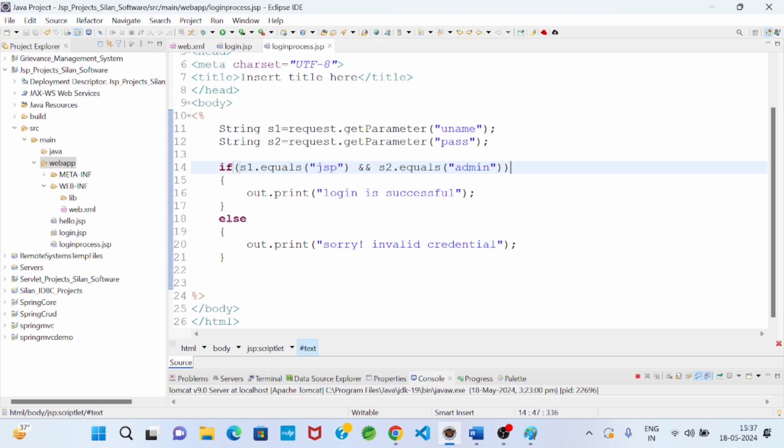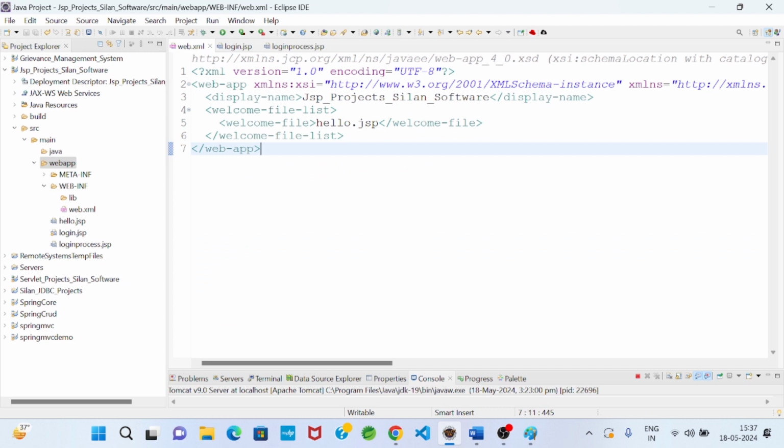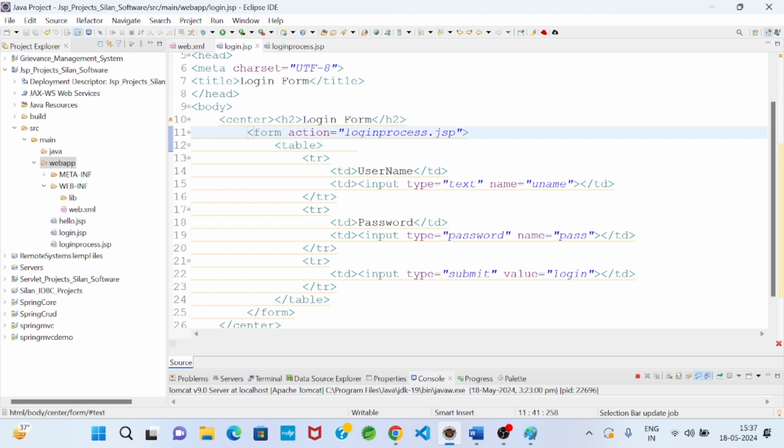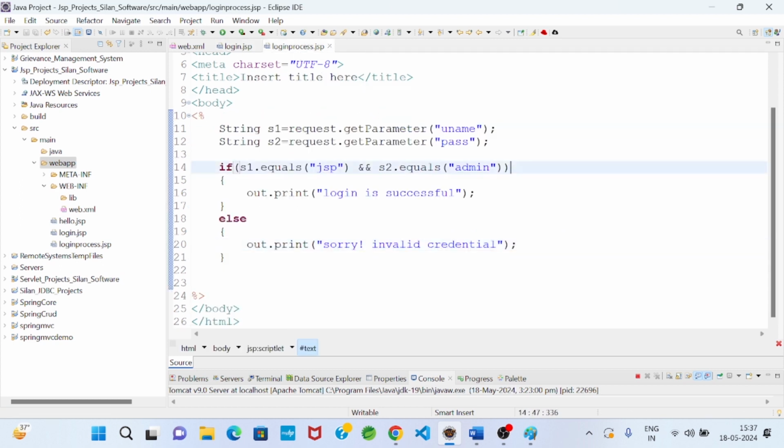That point is coming, we will see later. So I will go to web.xml file. So here I will write welcome file is login.jsp, control S. Okay. Login process, control S.